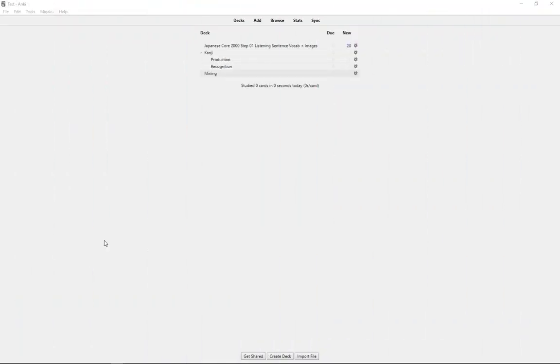Now next we want to register our deck for the automatic card creation for new kanji in cards you add yourself. So if you start mining, the add-on will automatically scan the cards you are newly adding to the decks you have, and if there is a kanji in there that you haven't learned yet, be it recognition or production, it would automatically add the necessary cards. Pretty much same as before, just with every card you add instead of ones from a pre-made deck.